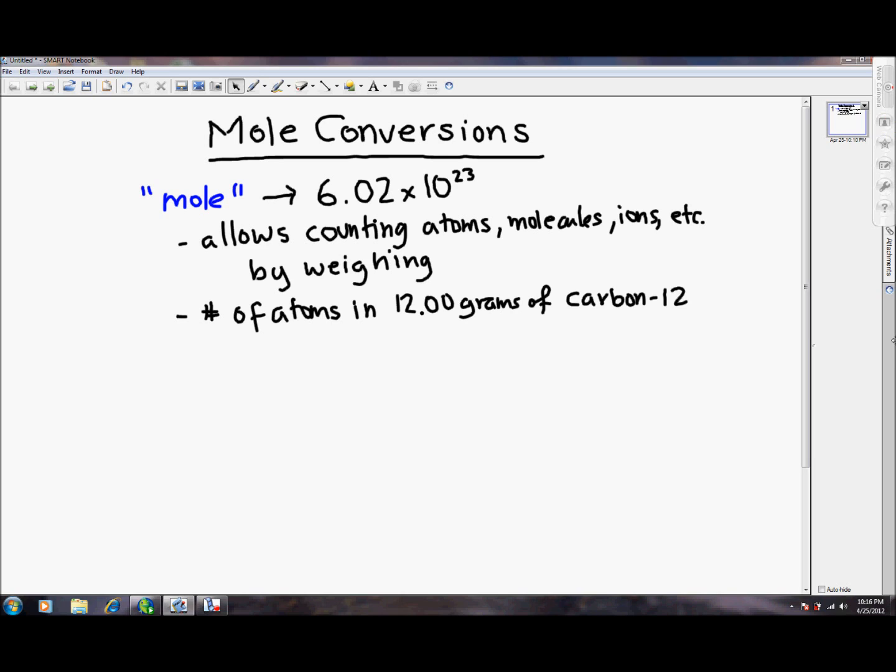Okay, so the first concept that we need to discuss is called molar mass. Well, what is this? This is the mass in grams of 6.02 times 10 to the 23rd